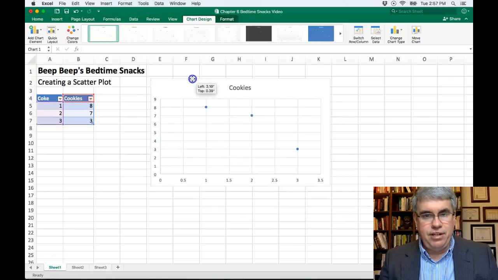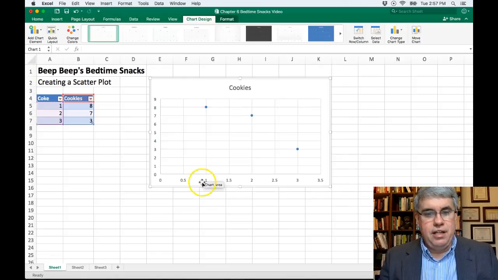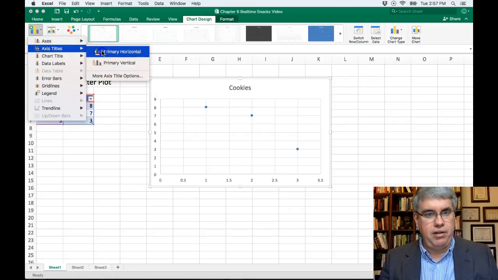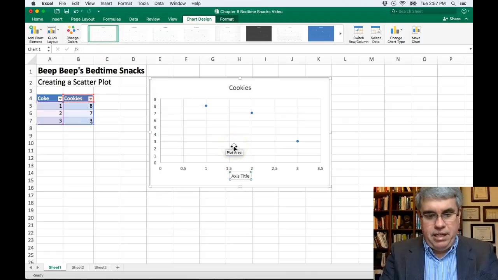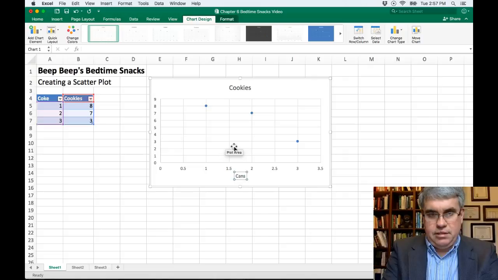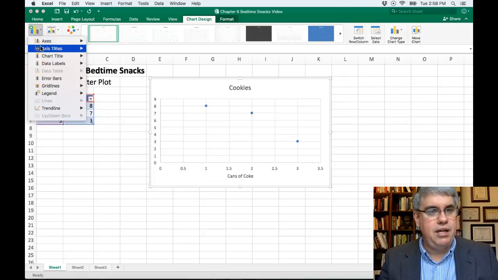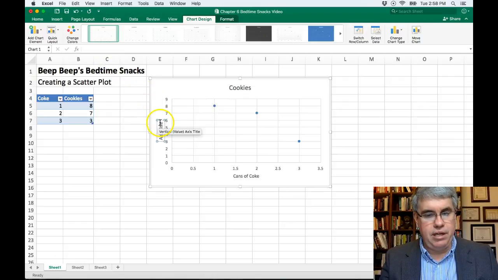Now, we can improve this quite a bit. Right now it says cookies, but it doesn't say what these axes mean. So let's go to Add Chart Element, and we're going to add axis titles. First, the primary horizontal one, delete what's there, and type in cans of Coke. Okay, now we can add the Y axis title, primary vertical,